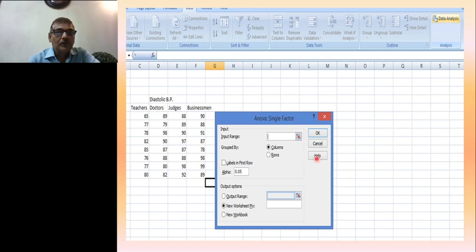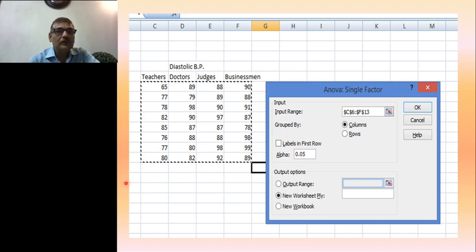So you will find again a separate box in which input range will be shown. Here is the input range. It means you have to select this entire data. It will automatically come to this input range. You are selecting this entire data, the quantitative portion is selected, the qualitative part will not be considered.